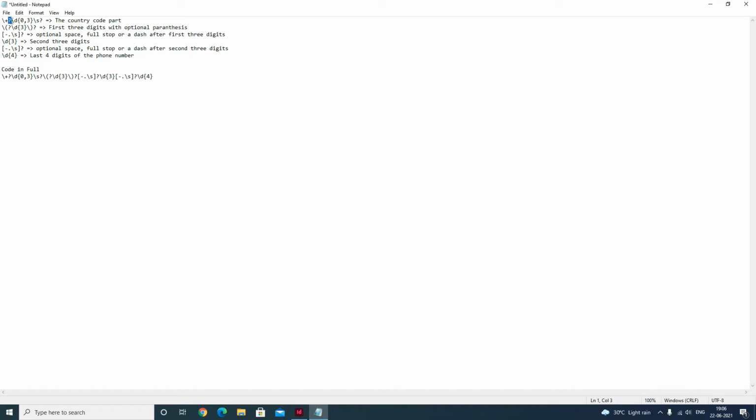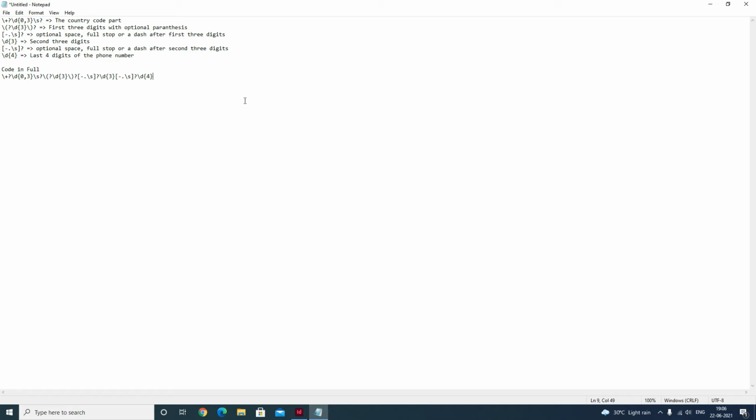Then we will look for digits which can be 0 or maximum 3 digits in size. The length of digits ranges from 0 to 3, which means it may or may not be there. If it is not there, it's 0, and maximum it can go up to 3 digits. Then there comes a space which may or may not be there.